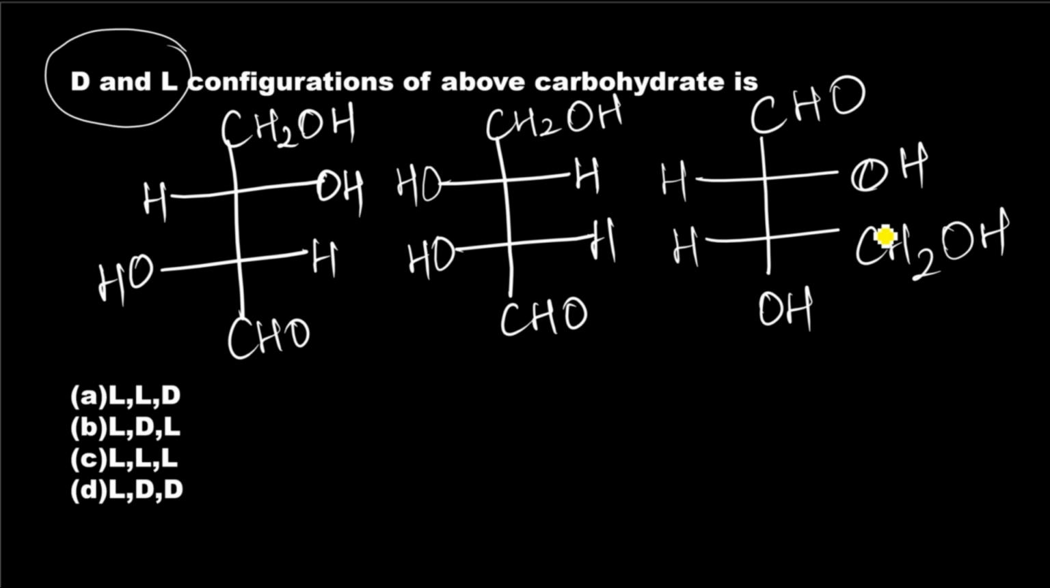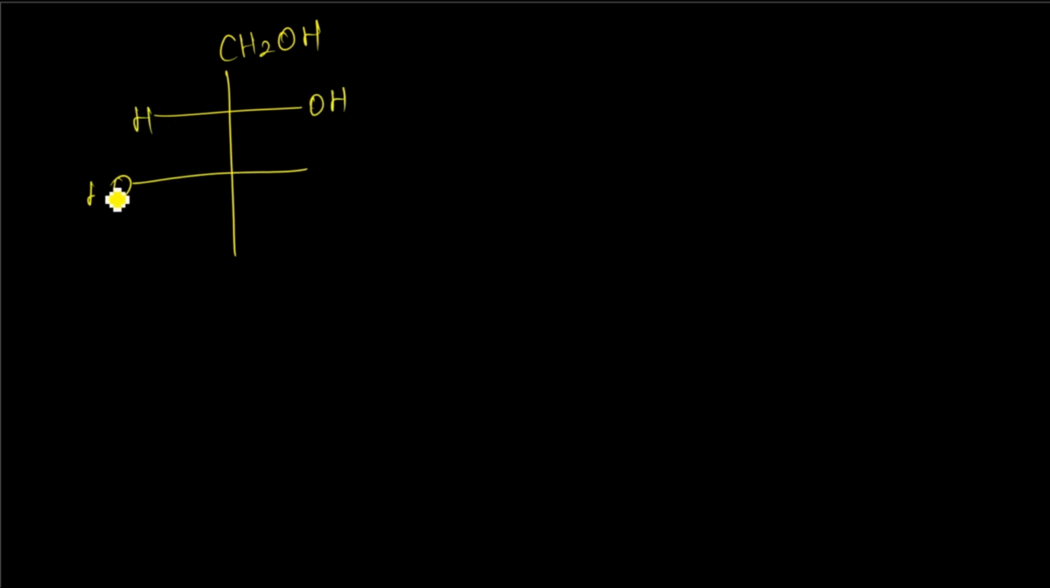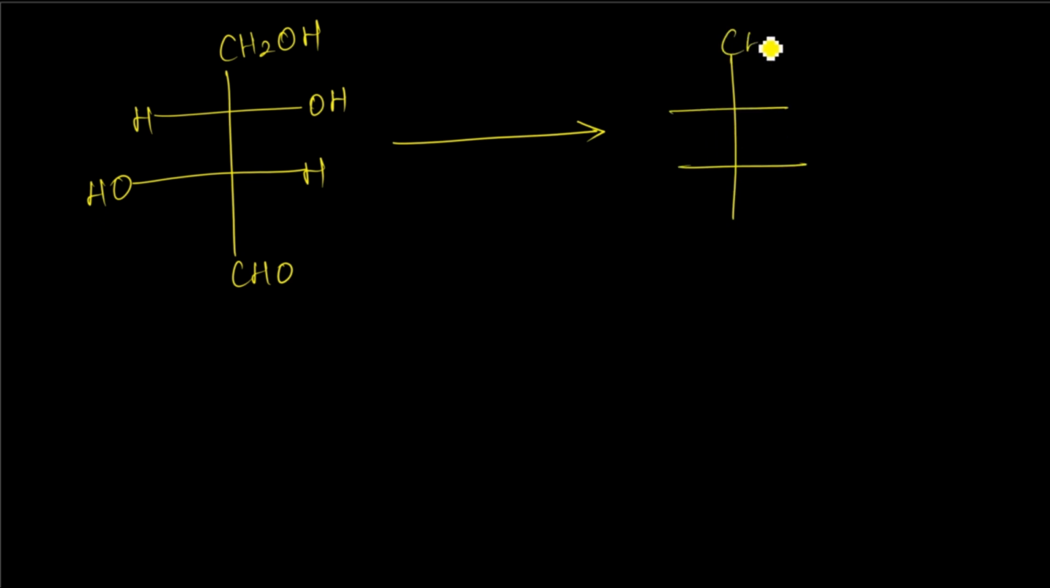Okay, so first what we have to do? The first thing, you need to consider this position must have the oxidizing group like CHO. This position should have CHO here. So to that point we have to rotate it. I'm taking the first one, which is CH2OH, OH, H, OH, H, CHO. Correct. So I have to rotate in the way that CHO, the oxidized one, must be on the